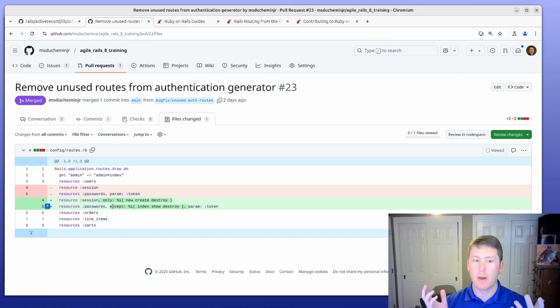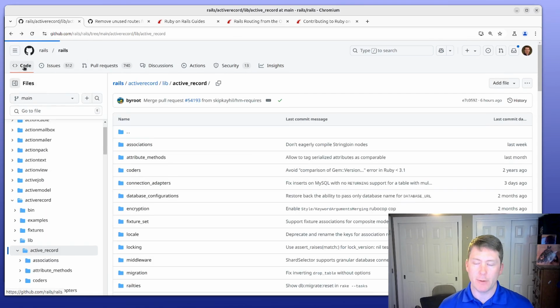So there are 7 default RESTful routes. If you have 3 or less, you use only. If you have 4 or more, you use except. So that's what I'm trying to resolve here. If you go and look at Ruby on Rails itself,